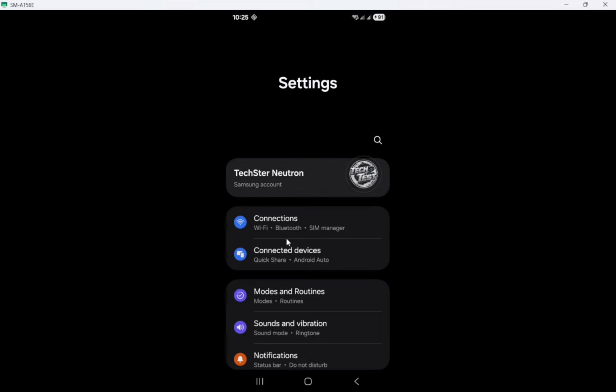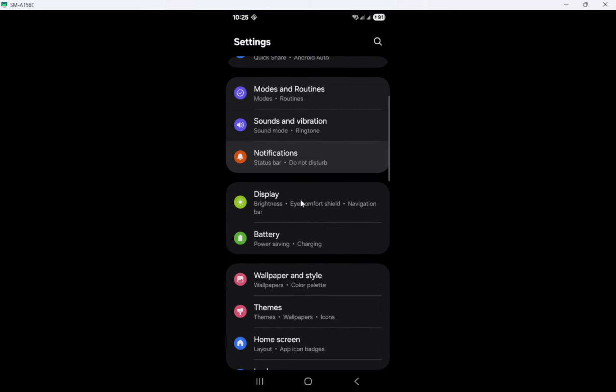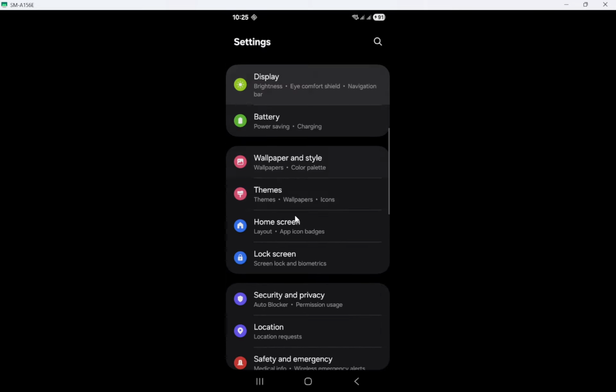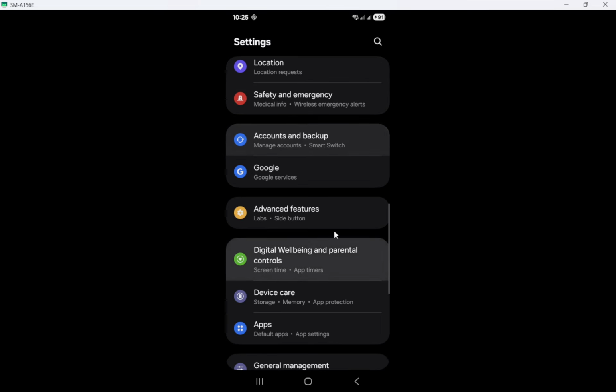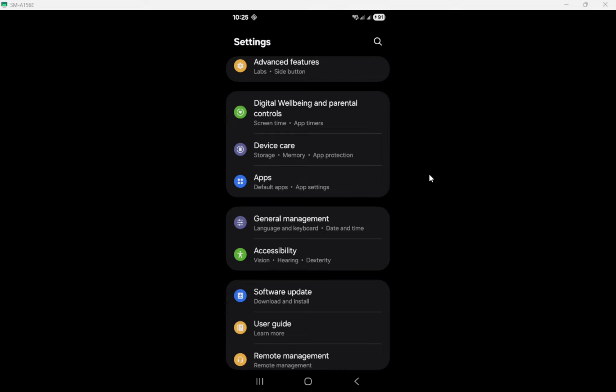Let's start with the most common method, changing your phone language. Open your phone's Settings app. Scroll to System, then tap Language and Region, or on some devices, it might be labeled Languages and Input. Next, go into Languages. Here you can add a new language or pick one you've already added. If you're adding a new one, select it from the list.